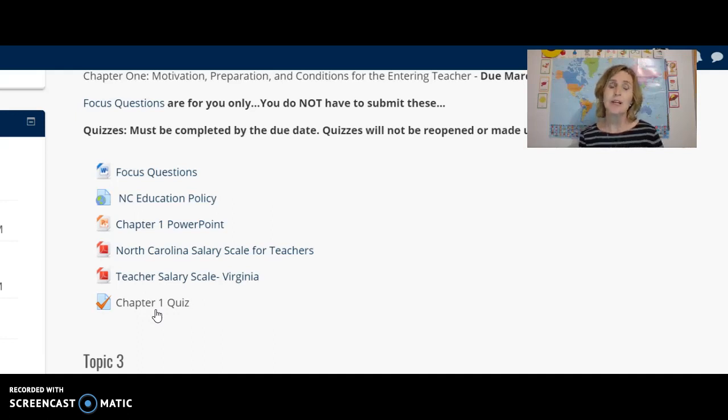It is open book. Please don't skip the reading and go straight to the quiz because you're thinking you can use your book. It might not work in your best interest, because a lot of those topics that they talk about in the book and in your reading, you're going to need to be able to apply that to another situation. So if you need to use your book, it's not going to be on page 14, this sentence, fill in this word. That's not the way these quizzes work. So make sure that you are doing your reading.